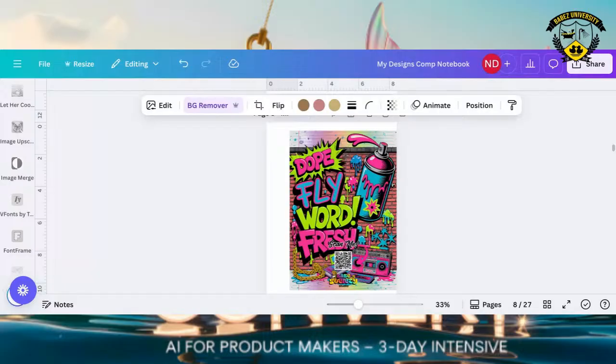Do you have any questions so far about custom templates? Do you want to make your own or